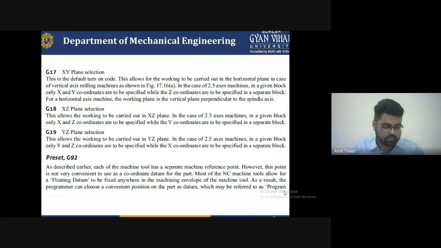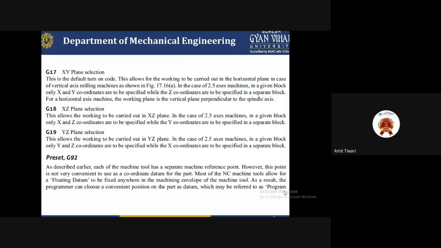So these are the reasons to select this type of coding, using a floating datum for the NC machine. These are very helpful to understand the technology we are using. G92 is used for that. Hopefully this slide will be very helpful if you are writing a program or working with the CNC milling machine. You have to select this coding to maintain the quality of the workpiece as well as the machining.